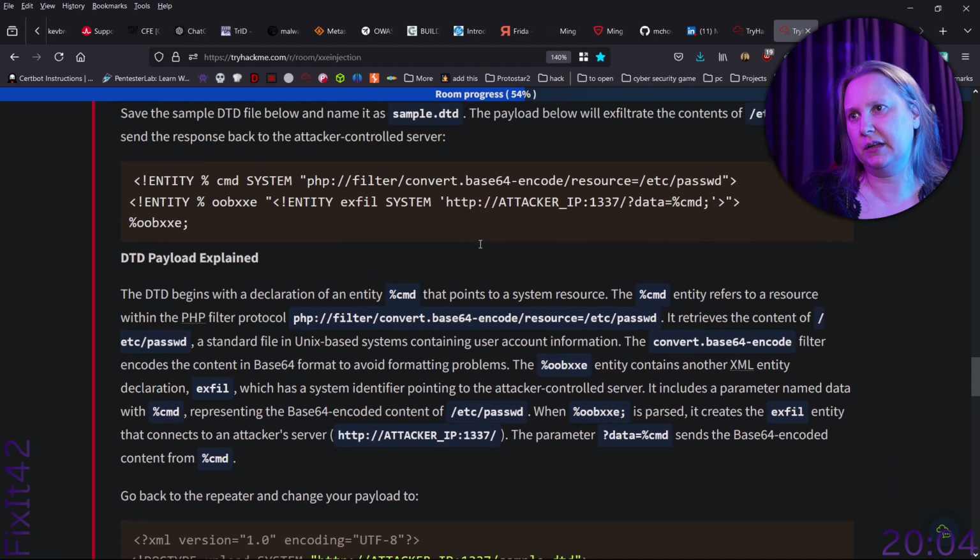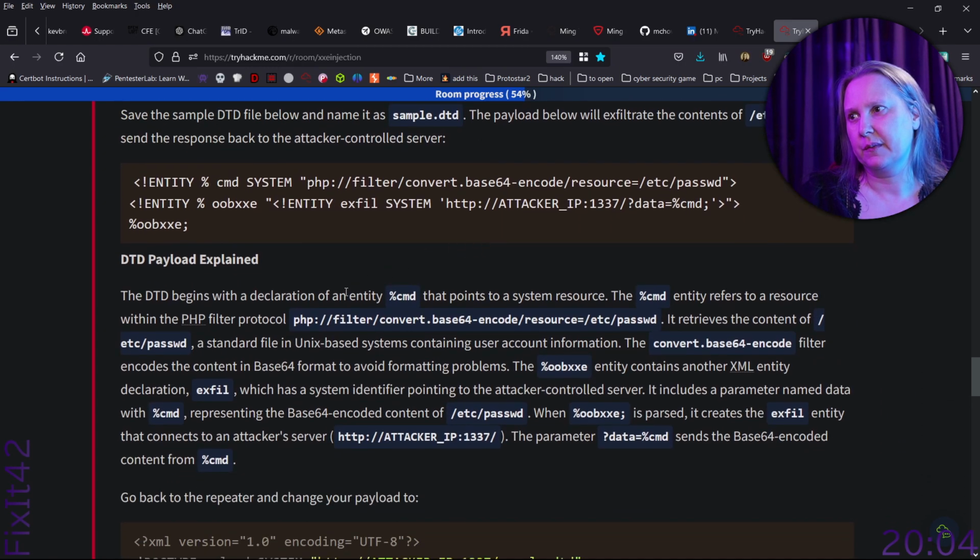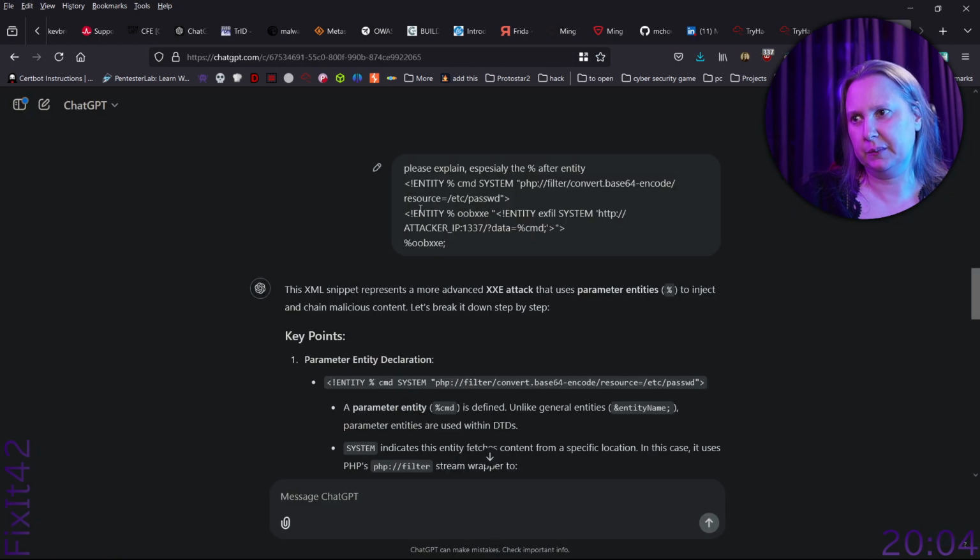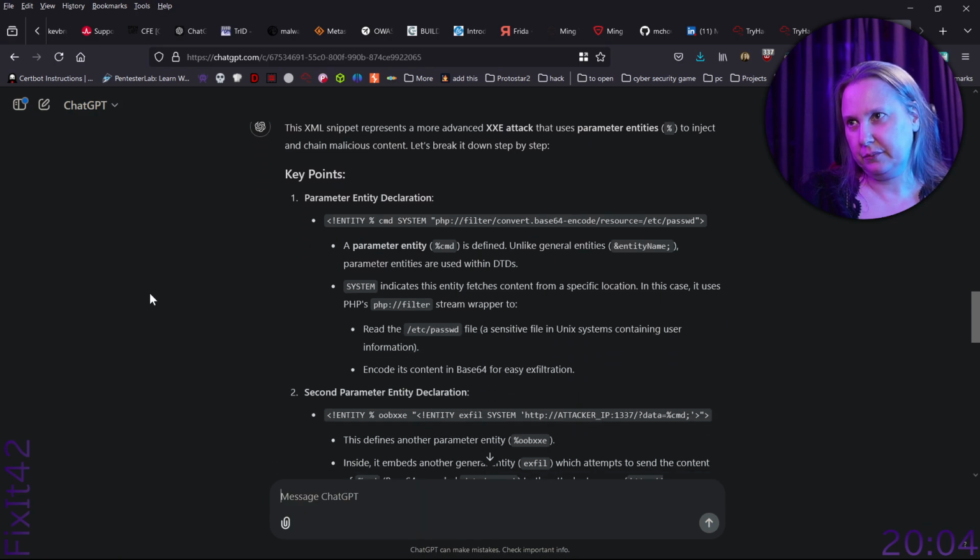Oh, they have an explanation here too. So we can read that one too. Parameter entity declaration. Parameter entity percent DTD. Yeah, so here they put it together. I was kind of thinking that it's probably the same as putting them together. So this is a parameter entity with a percent. Unlike general entities